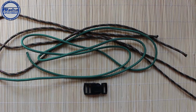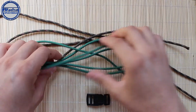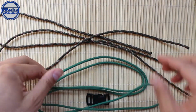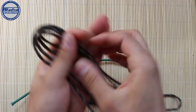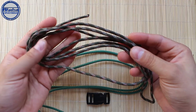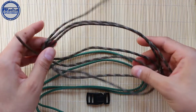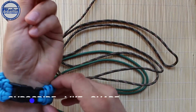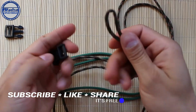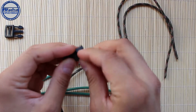So for today's project we're gonna need this 5/8 of an inch paracord buckle, this green paracord 550, total length 4.5 feet or 1.5 meters, and this camouflage paracord 550, total length 4.8 feet or 1.6 meters for the wrist width of 20 centimeters. So take the camo and insert it from the top like this,